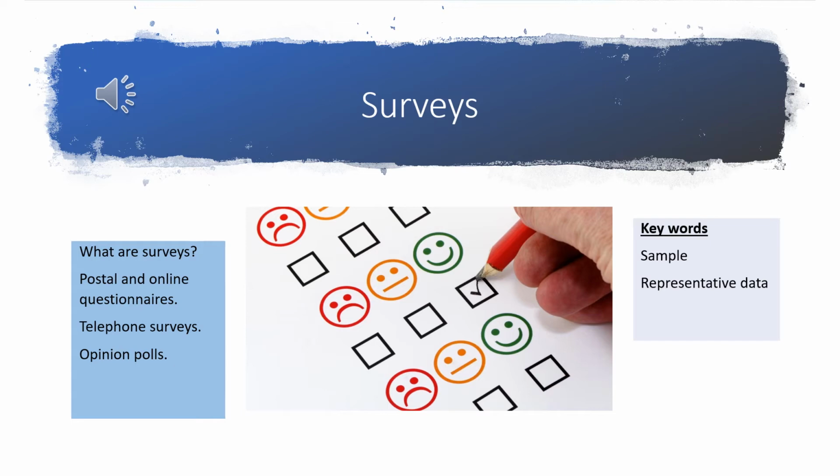The researcher may be instructed or may only want to stop certain demographics, females, males, age, ethnicity, whatever it may be. You have postal and online questionnaires where obviously the participant is filling those out without a researcher present. Telephone surveys, or any survey where, maybe even a webcam survey, a Skype survey, could be a new type of research, where the researcher is present and is acting as an interviewer almost, and recording the data, you have